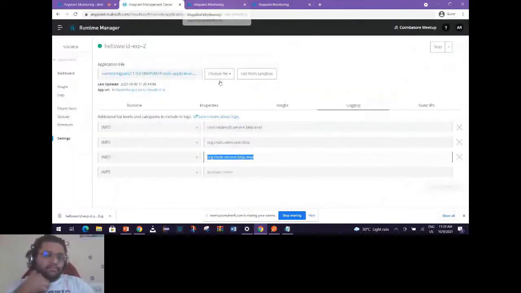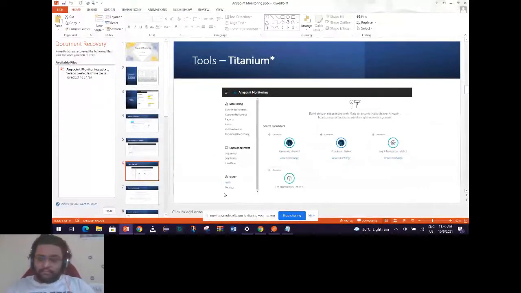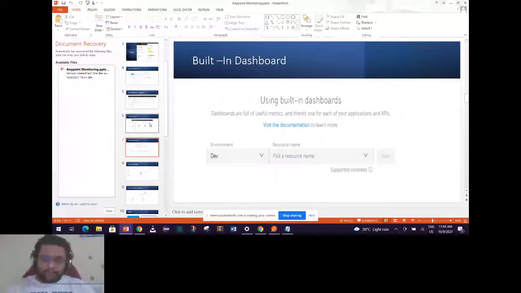Okay, so let's move on to the tool section. This section will allow you, if you want any external integration with your logs, to deliver notifications to external systems, and here you have built-in connectors that you can use for such integrations. As you can see over here, CloudHub, tokenization, Mule 4, Mule 3.